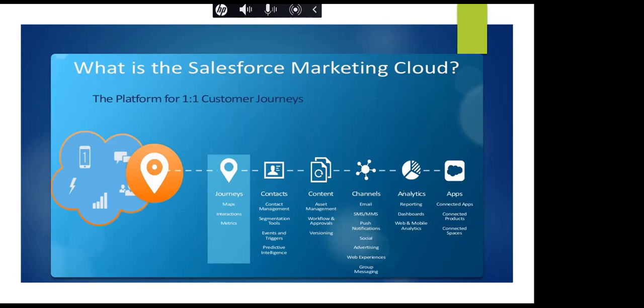I know most of the guys don't know what custom and standard objects are, but for people who know what Salesforce is and what custom and standard objects are, we can utilize that data within our Marketing Cloud as well. So Marketing Cloud also offers connected apps. It may be a Salesforce app or it can be a third party app on AppExchange. What is AppExchange? AppExchange is a type of app store specifically for Salesforce platforms.